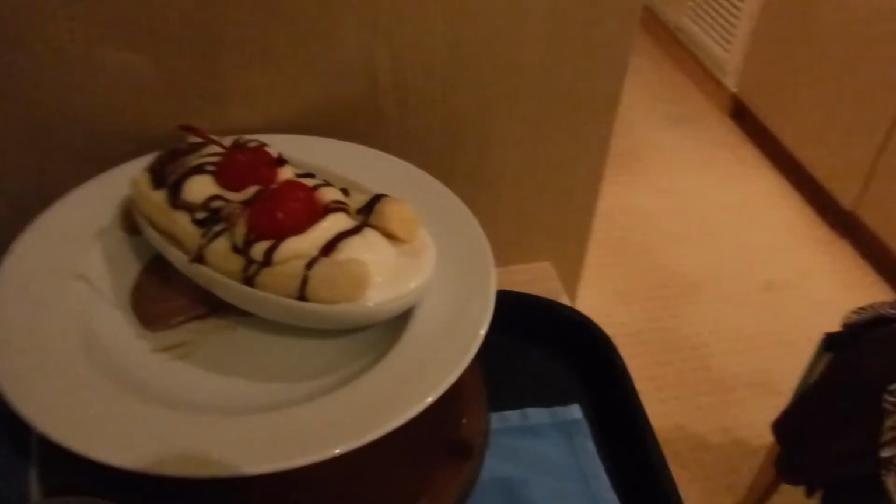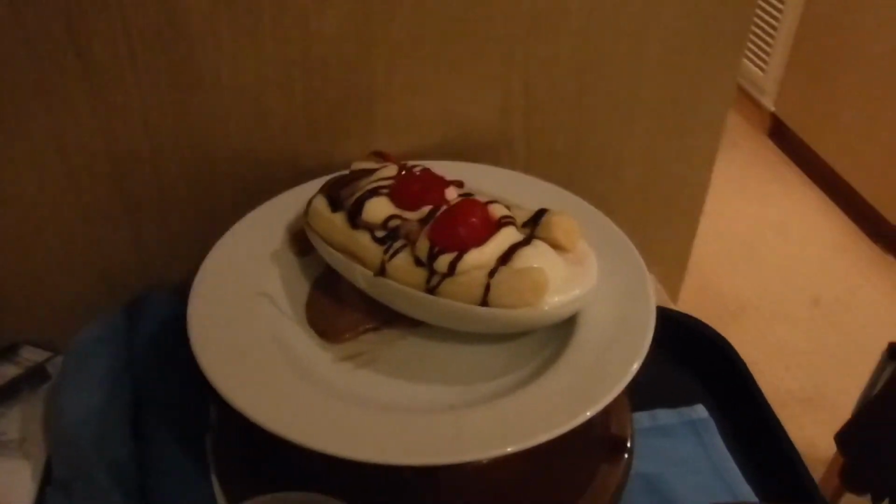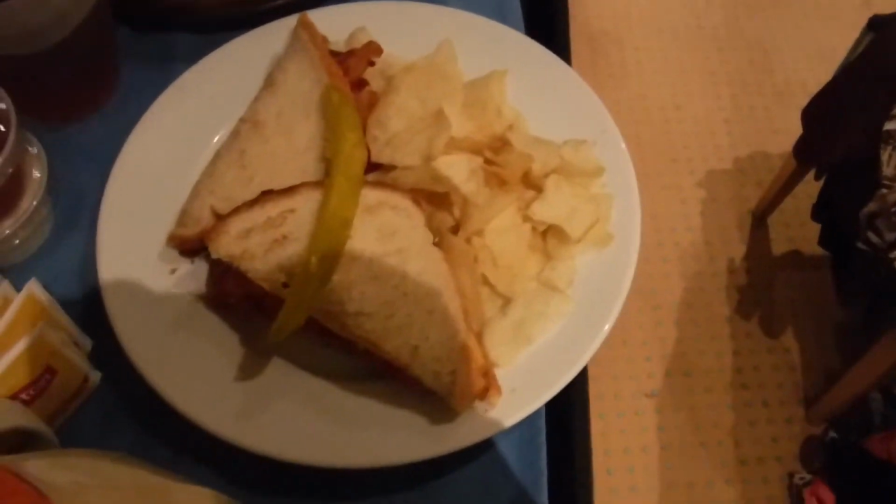You can also get a banana split for free in the main dining room. But that ice cream looks so good. She said she was waiting for a long time for it. And their ice cream tastes a little bit different. Here, you want your spoon for it? Here's your spoon. You want to try this too, right? Yeah. Then we got a BLT